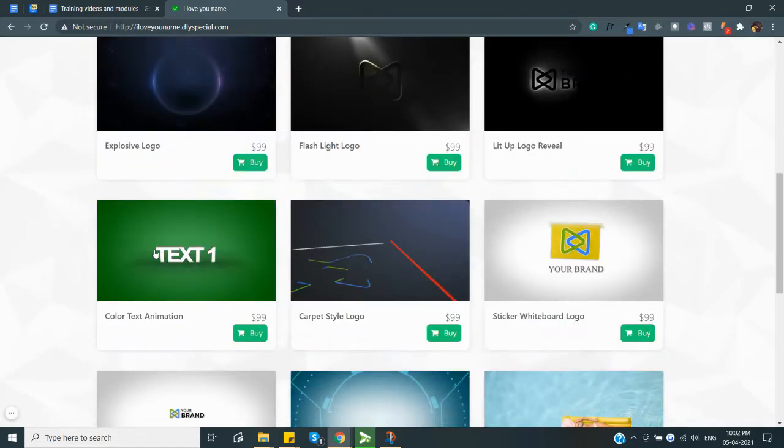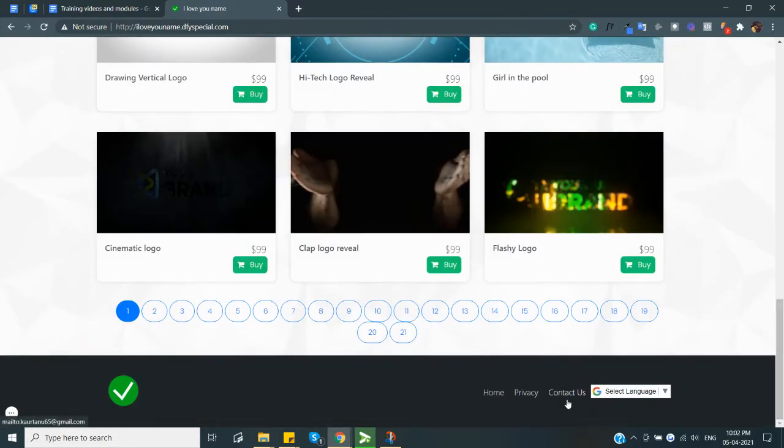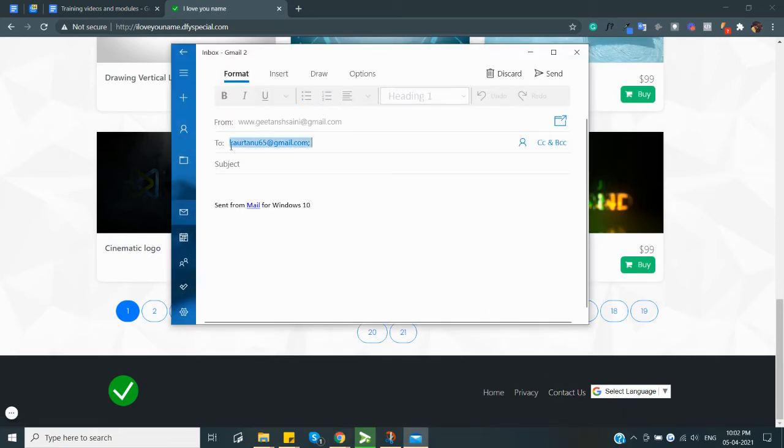Let's go to the footer, which will have a contact us button, which will be my personal email, the email that I used with the registrar. Whenever someone clicks on contact us, they will have an option to contact me on my email. Okay, so this is not going to be the software's email, but your particular email.